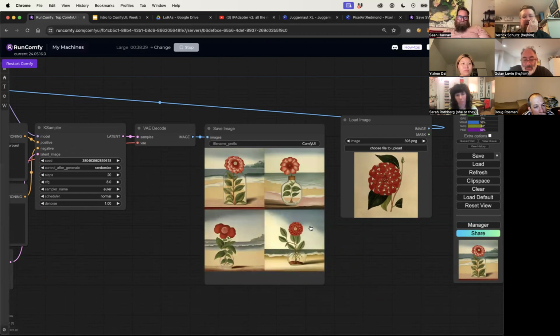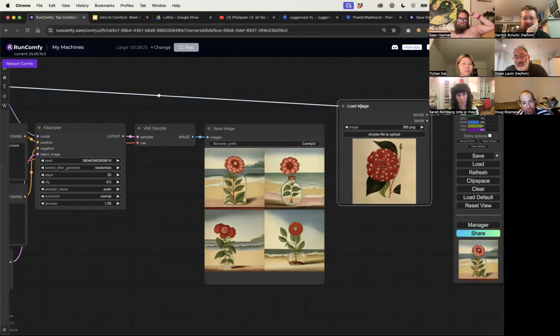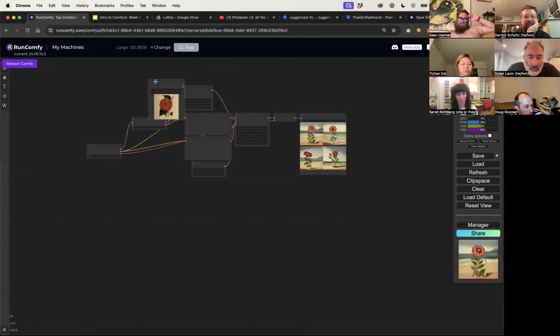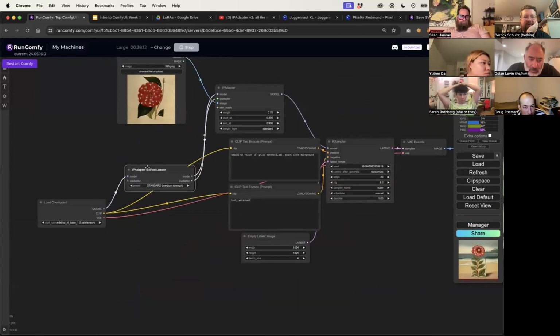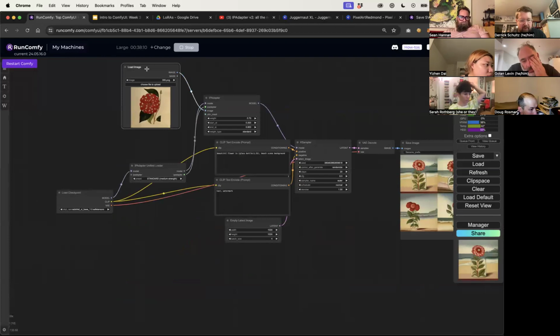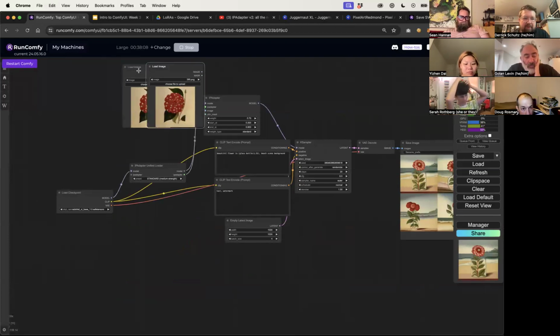But let's say that I have a glass bottle in mind that I want to actually use. Well, why don't we add a second image of that glass bottle and then add that to my IPAdapter setup? So let's do that now. What we're going to do here is copy and paste our nodes. So we're going to copy this load image node. I'll make these guys a little bit smaller. I don't need to see them that big. Smaller,